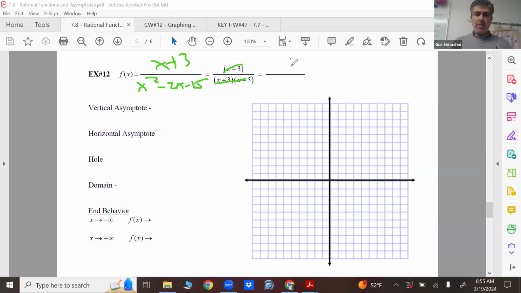And these canceled, so you end up getting this. So the vertical asymptote is x equals 5. The horizontal asymptote is y equals 0. That's because the bottom is a higher degree than the top. The hole, because x plus 3 canceled,